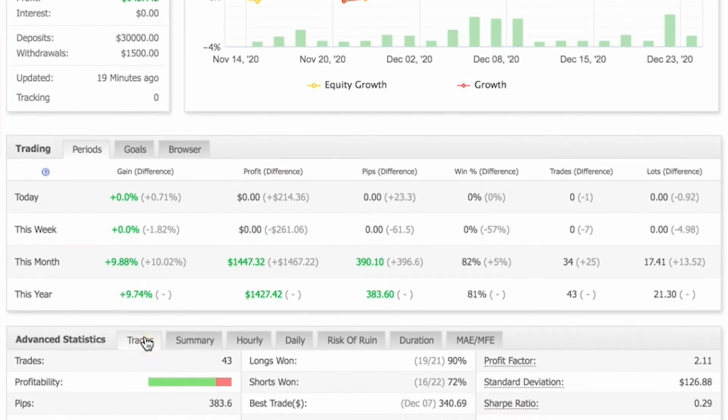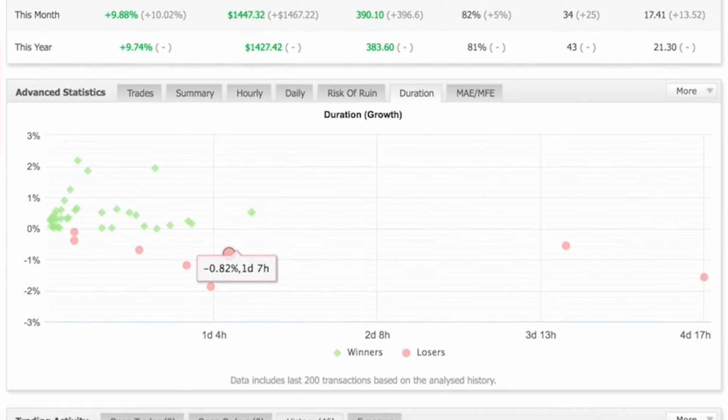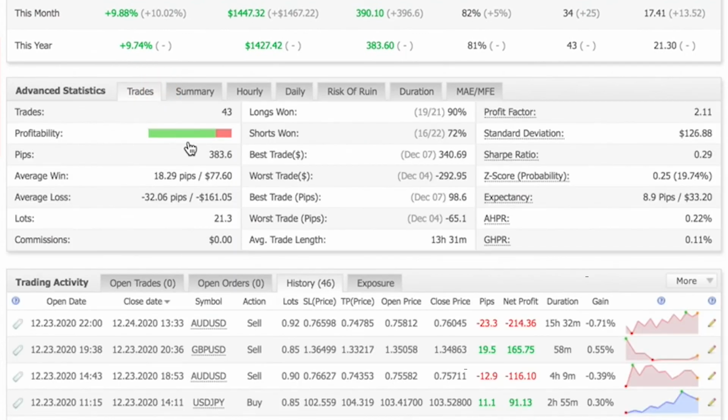with the $30,000 account. Okay, regarding the duration of his positions, we can see an average trade length of 13 hours and 31 minutes. So from the scatter plot, we can see how the majority of his positions were held for less than 1 day, and just a few others were left longer. Unfortunately, over 1, 2, 3, and 4 positions were held for more than 1 day. 3 of them were negative positions and just 1 was a positive one, but as we mentioned, the outstanding profitability